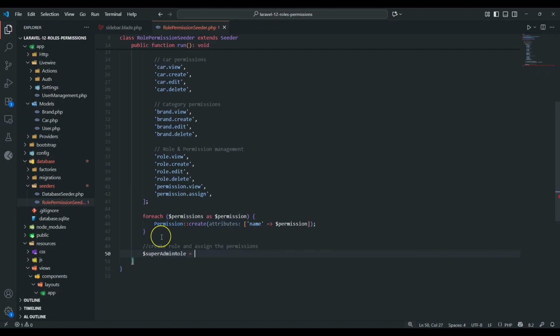and then I'm going to say Role, then create, then I'm going to create the role name to be super admin, okay? And then we are going to assign the permissions to this role. So we are going to say super admin role, then we are going to call the method called givePermissionTo,